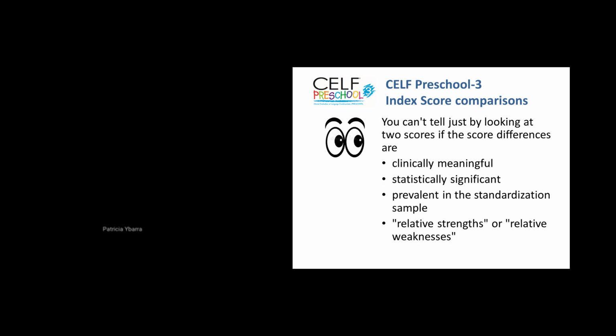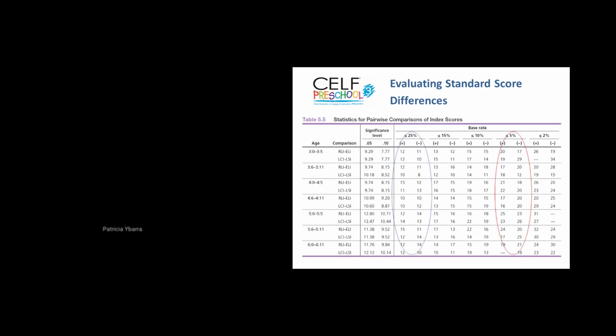The way you do that on CELF Preschool-3 is to look at the statistics for pairwise comparisons. It's a table that's provided in the manual. And first, you compare the index scores to determine if the difference between them is statistically significant. So here we see the minimum differences between index scores that are required for statistical significance at the 0.05 and